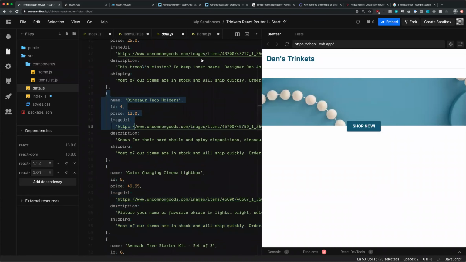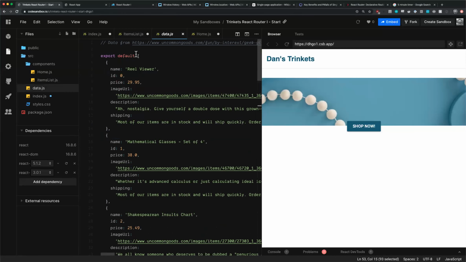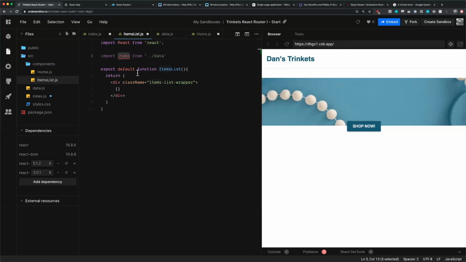So knowing what we know about React, how do I get those items to display on the screen? Yes, we'll use map. How do I use JavaScript in JSX? I get those curlies, all right? Now we know what items is, right? What data type is items? We can see on our data that it is an array. So let's go in here and we're going to say items.map,